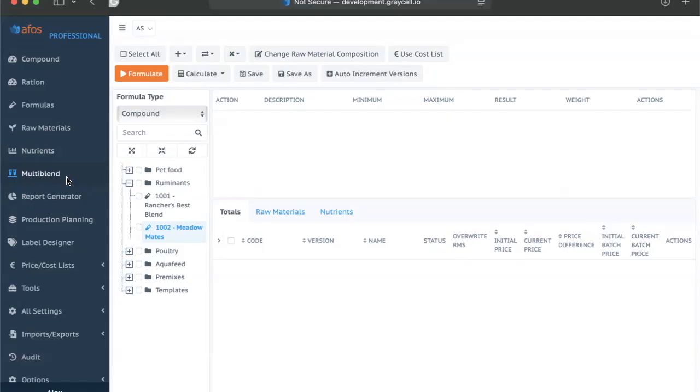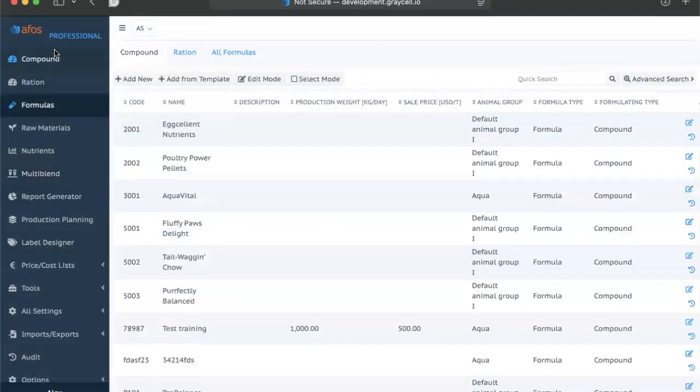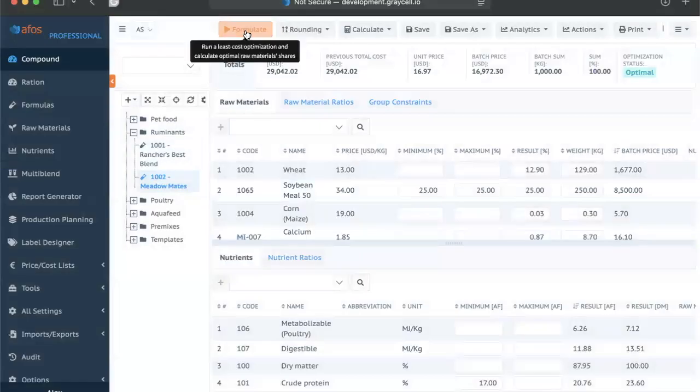And what does it do? Use case is the following. You have a lot of formulas, you have 50 formulas, you have 100 formulas, a lot of formulas to optimize practically regularly every time prices on the market change. That's the best use case. So it can take a lot of time to open every single formula, to go to compound screen, open every single formula, formulate, save, and